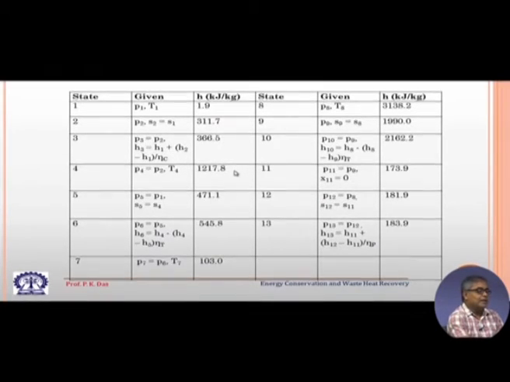All right. Then we will go to the fourth point. Here P4 is equal to P2, because we assume that the heat addition process is an isobaric heat addition process, and then this information T4 is given. So, from there we can calculate the enthalpy. Then P5 is equal to P1. Again, if we assume that isentropic expansion has taken place in the gas turbine, we will get the enthalpy at point 5. But